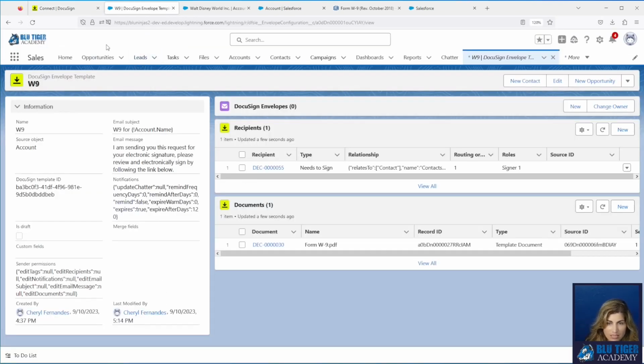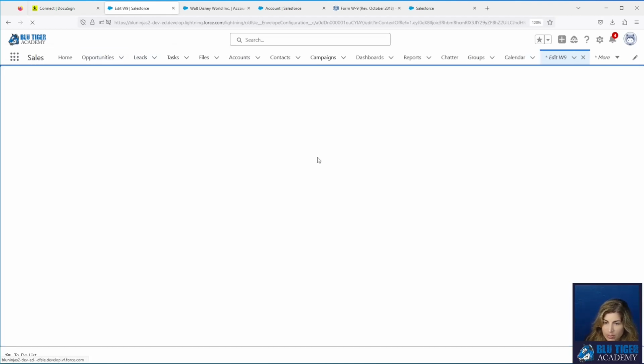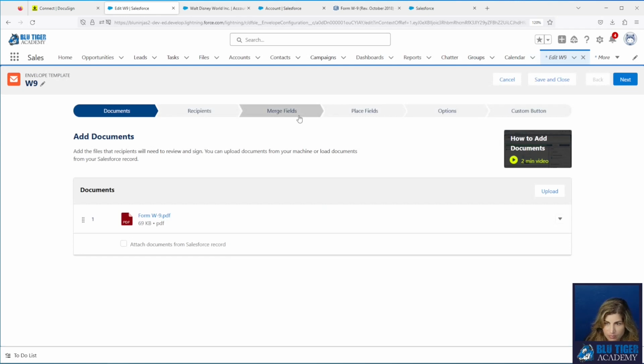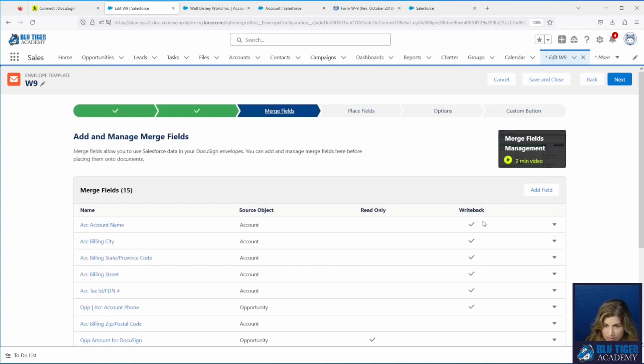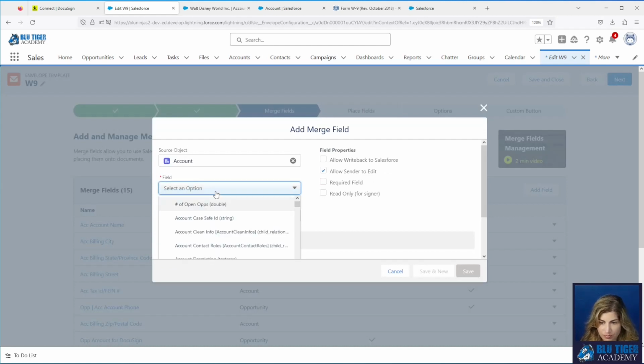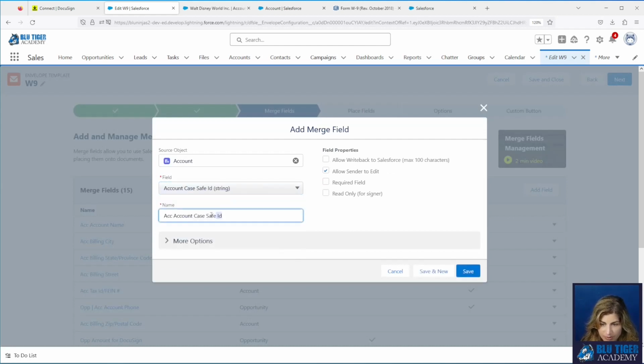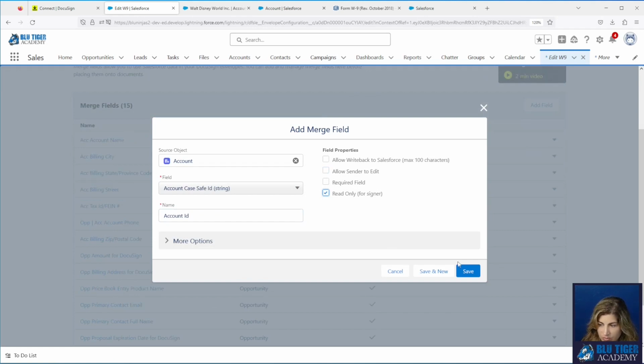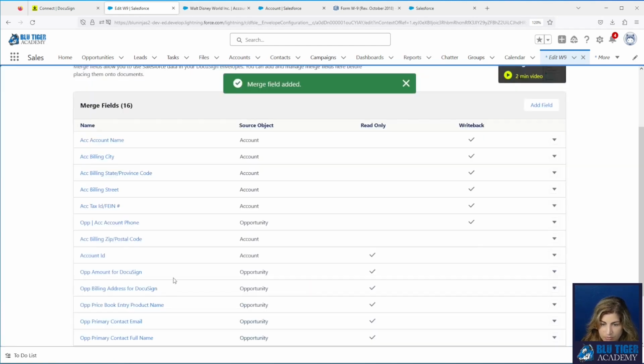So we'll come back to Salesforce, go to the DocuSign envelope template record that we created earlier. We'll go to merge fields and we'll add a new merge field. This is going to be our account KSafe ID and we'll call this account ID. This is read only for the signer, and we'll click save.